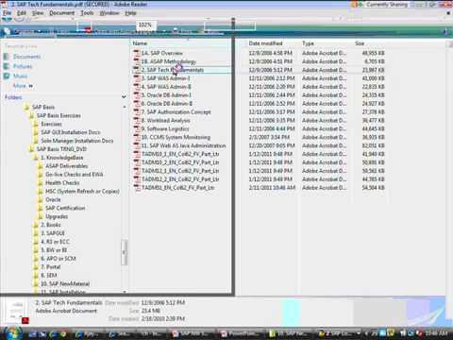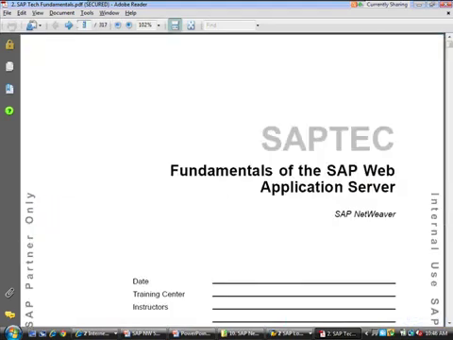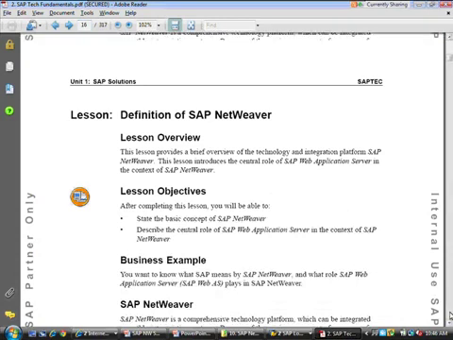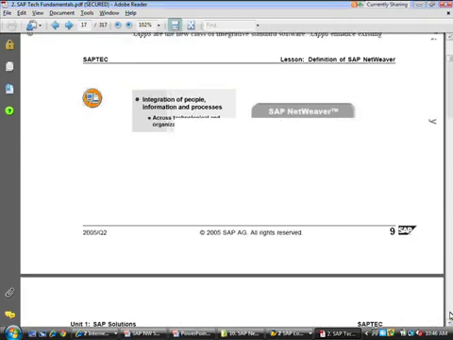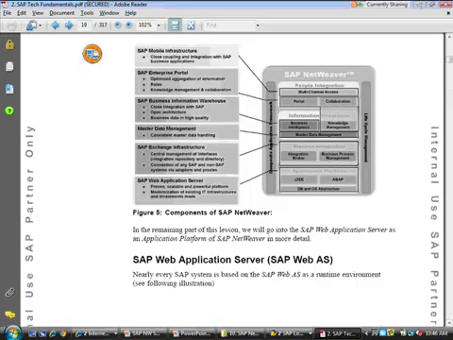This is the SAP Tech Fundamentals. Has joined the conference. So this